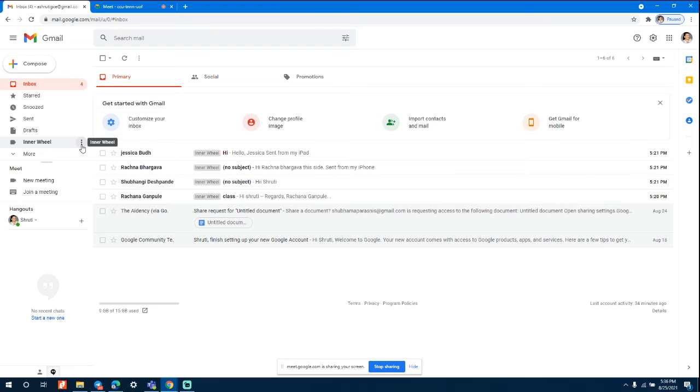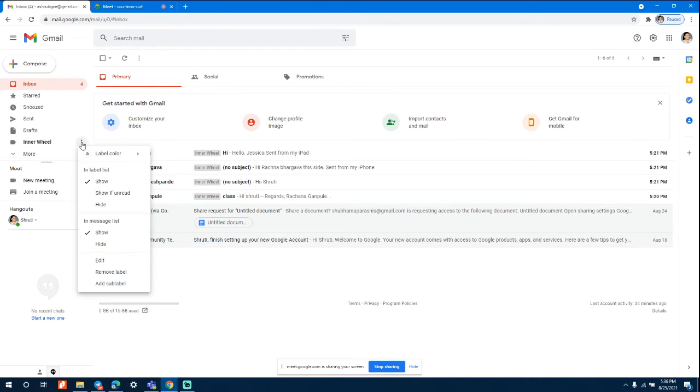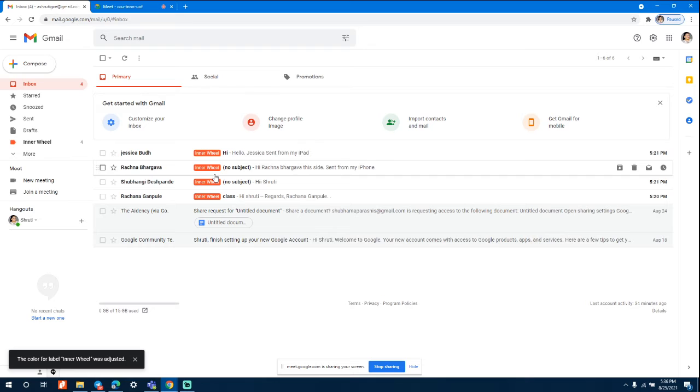You see this sandwich bar, when there are 3 dots, we call them the snowman or the sandwich bar. When we see 9 dots, we call them the waffle. So when we have this snowman, you just click on it. You have the label color. You can choose any of the colors that you want. Let's suppose I want to choose red. So all of them are colored this. If I have multiple mails, just looking at the color, I know, okay, they all are Inner Wheel mails. So this is how you can make use of your Gmail to work for you more efficiently.